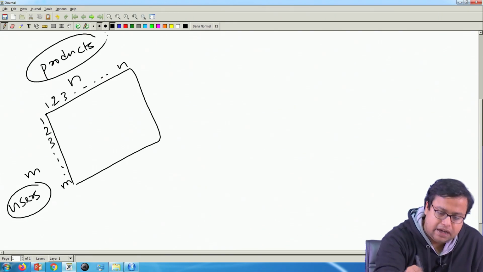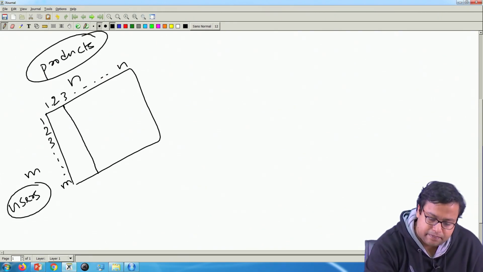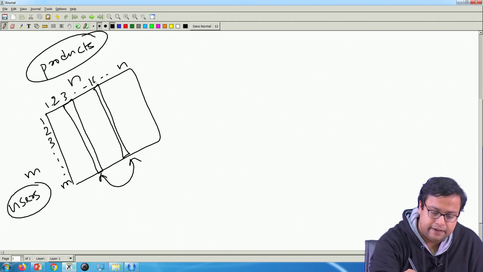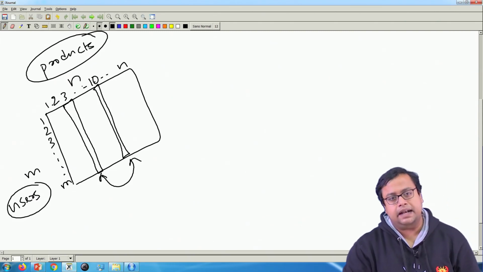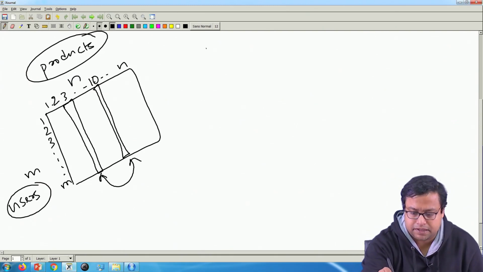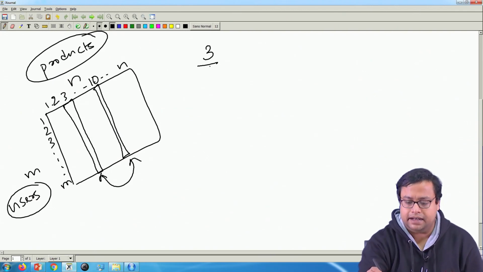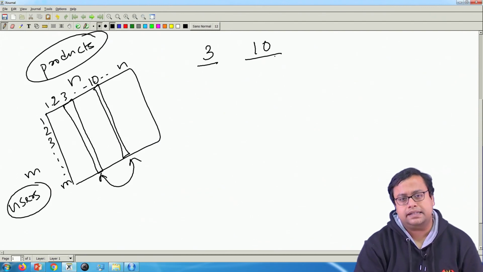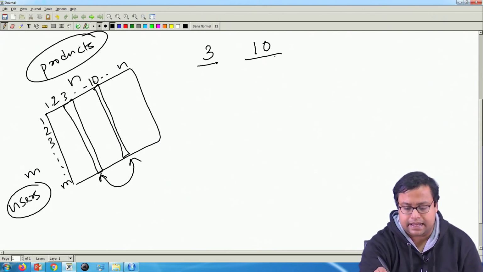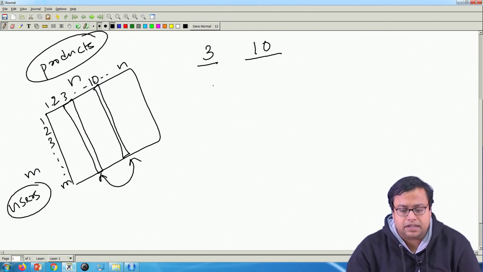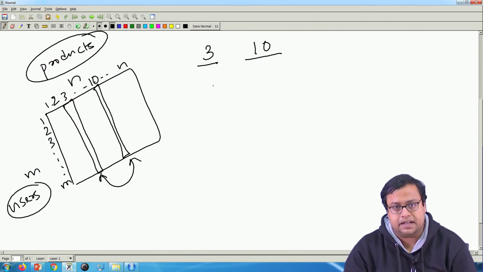So, from item to item, what do we do? I find this item and, let us say, this item. What is the similarity between these two items? Let us say 3 and 10. The similarity is calculated this way. Let us say item 3 is Professor X and item 10 is Professor Y. These are the students, and various students have taken the courses of Professor X and Professor Y, in this case purchased.